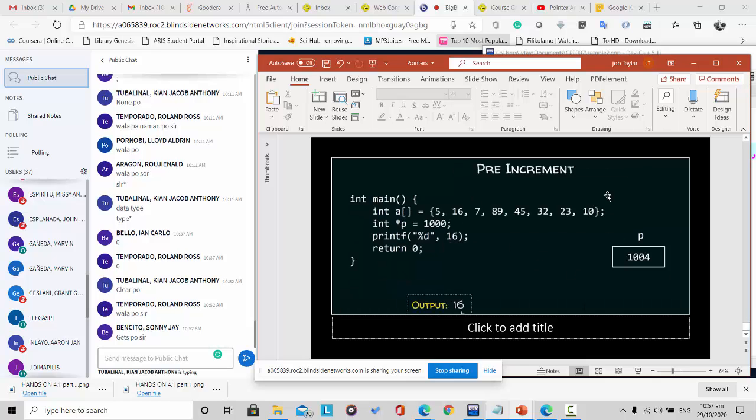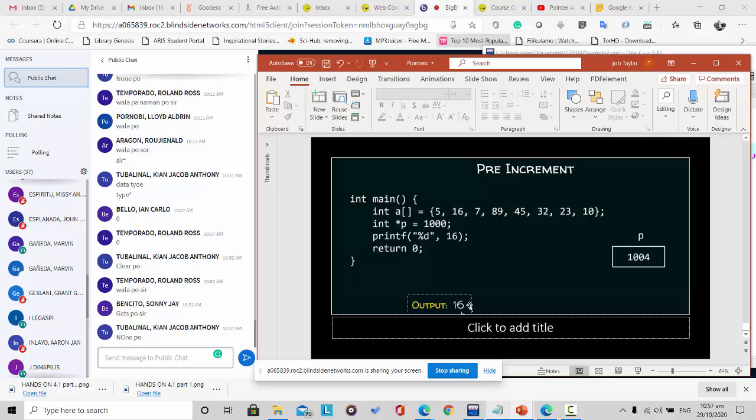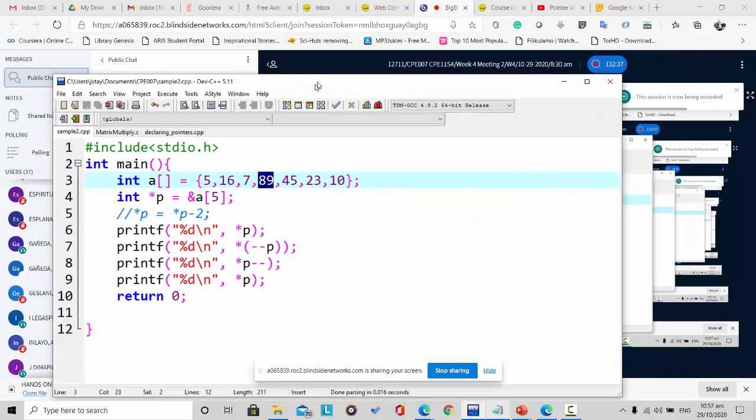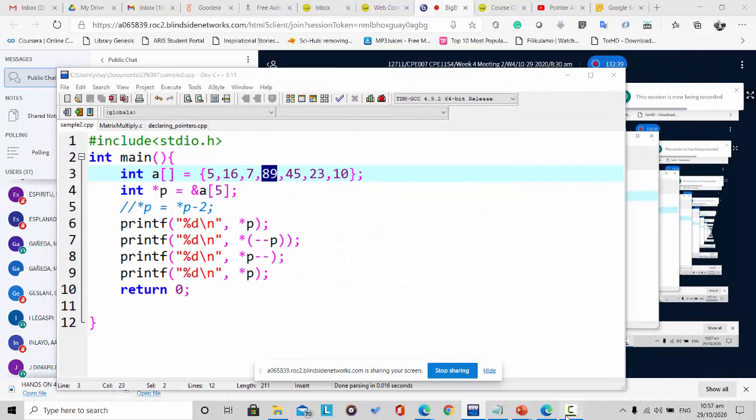So this is just the example. Kung wala, okay. So I think we can stop from here. I need to stop the